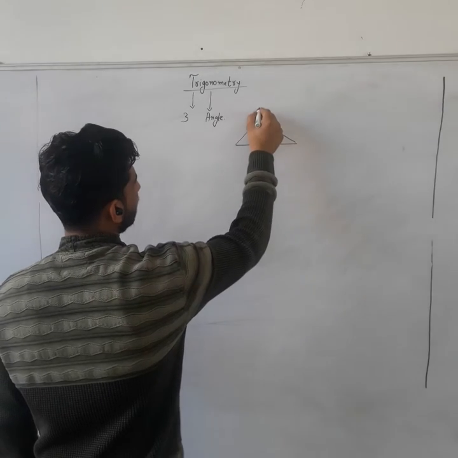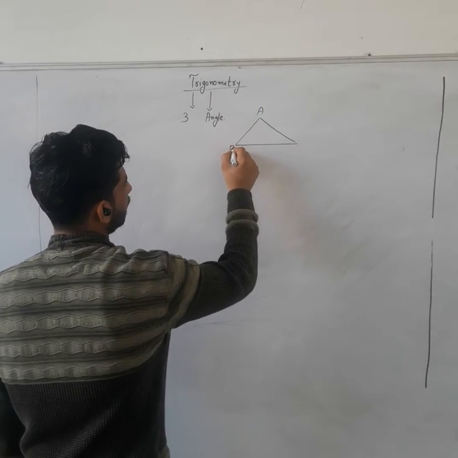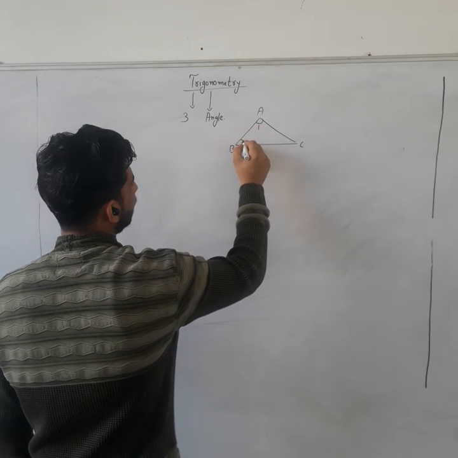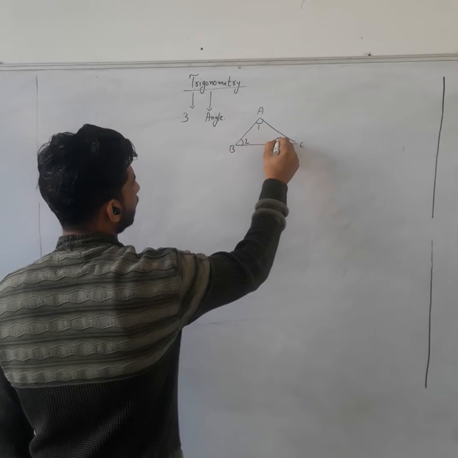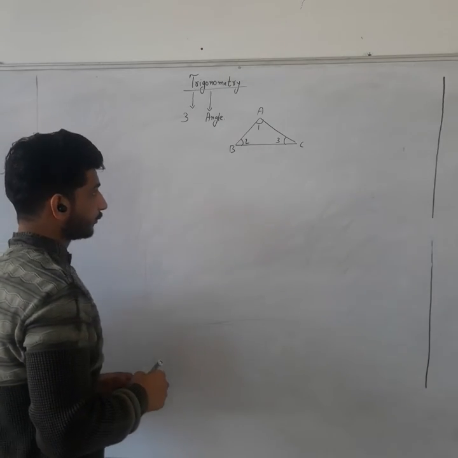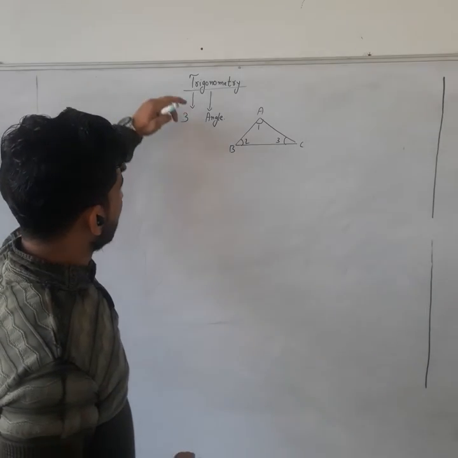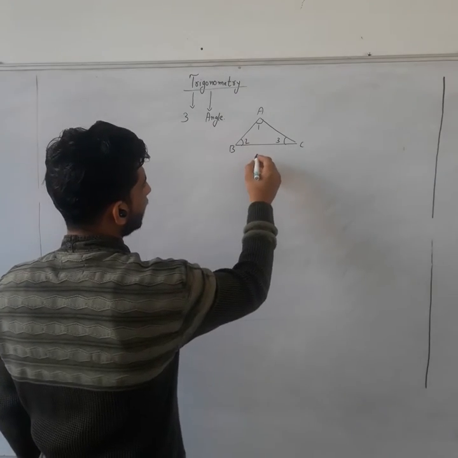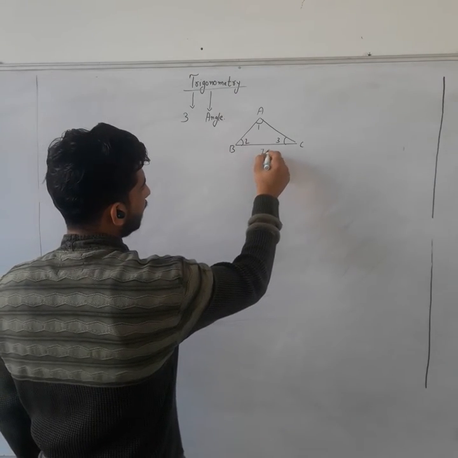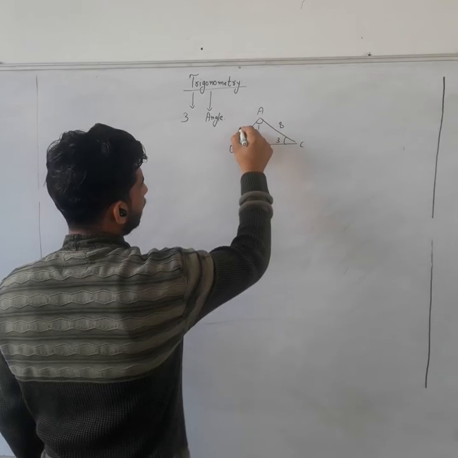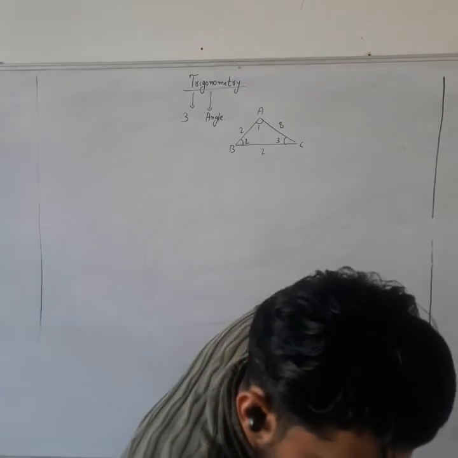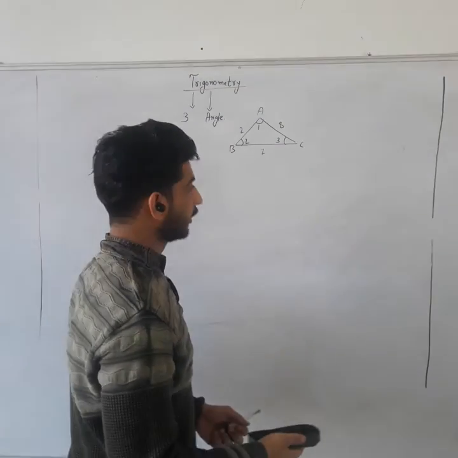Like this is a triangle ABC, and these are the angles, like angle 1, angle 2 and angle 3. So can we use trigonometry in this triangle? This is the scalene triangle, like 7, 8 and 2. So this is the scalene triangle. We can't use trigonometry in this triangle.